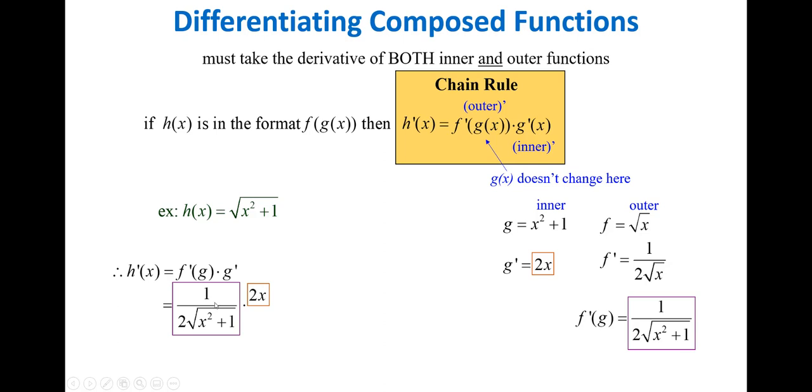And then I'll simplify this and write it as one fraction. I'll cancel the 2's. Now the x will go in the numerator, and the denominator will be radical x squared plus 1. Doing it this way is actually the long way around. There are a lot of steps. We can streamline this